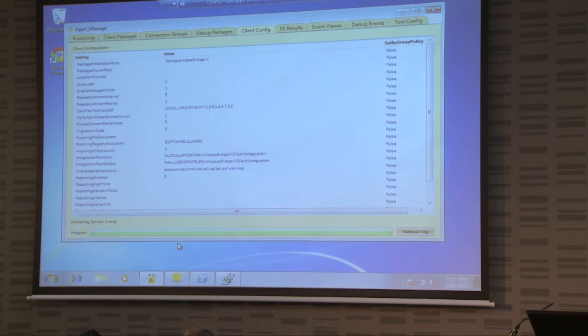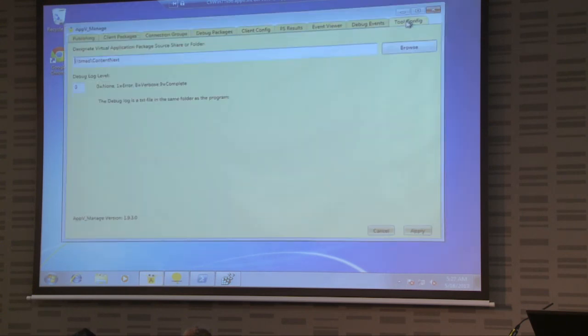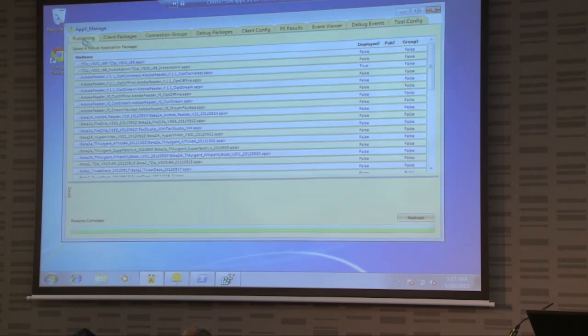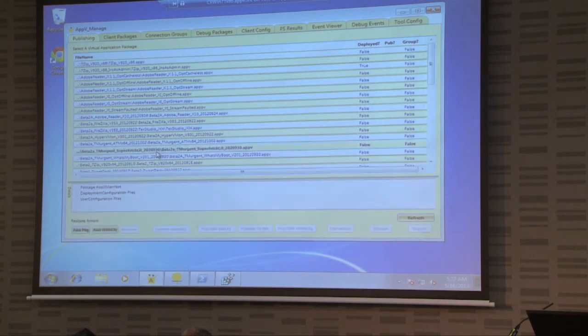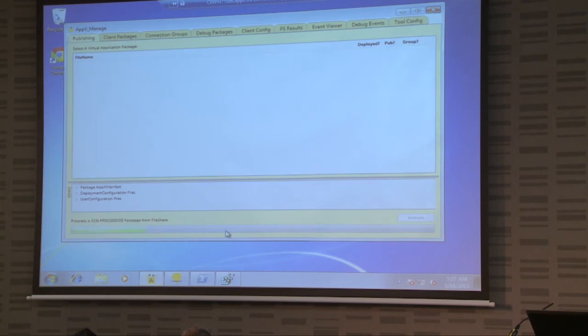this AppV Manage tool. This is my basic troubleshooting tool for my first client. After I sequence, I come here. You basically register a UNC of where to find your packages. It finds them all. If I want to add a package, I just click on it, add the package. If I've got a deployment config file, I add with config. In this case, it found 2 in the folder, so it tells me which one I want. Pick that in, and then I can publish